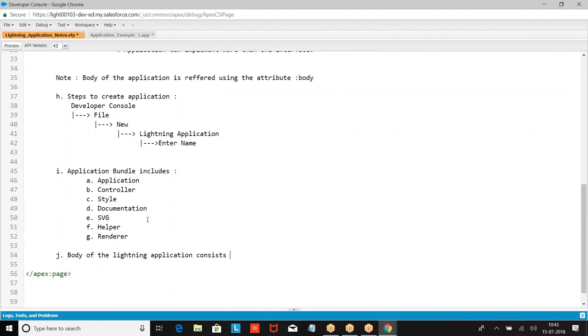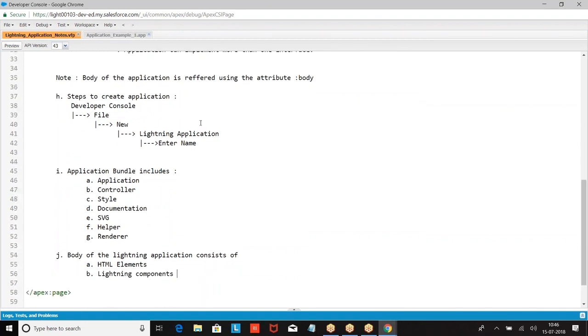The body of the Lightning application consists of HTML elements or Lightning components. This is the basic structure.